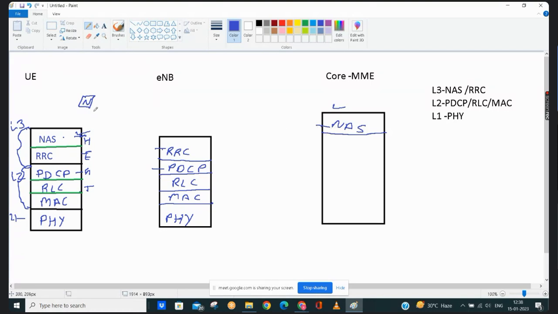How can I send it? The flow is always from top to bottom. We can't initiate any message from here. Always the flow will be top to bottom. So our agenda, our motive, is to send this packet N to the NAS layer.